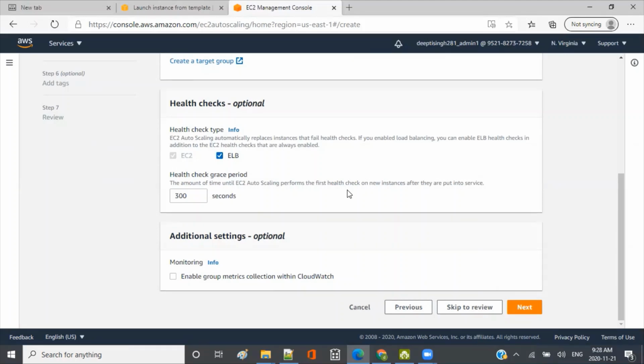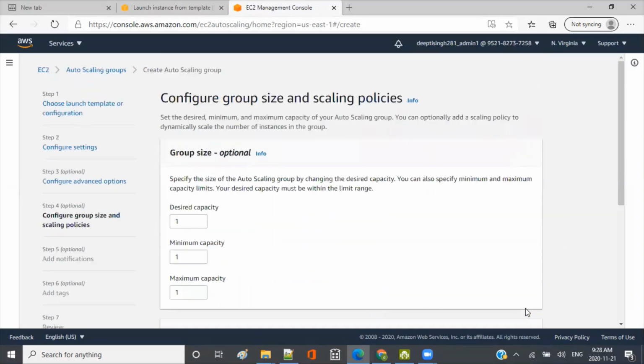They are trying to create some, let's say, Hibernate entities or persistence connections, then it will take some time, right? So you can specify some grace period, because otherwise it will simply try to access and fail, right? In our case, I don't want to give that much time. 30 seconds is sufficient. Okay, and then I'll go to the next.